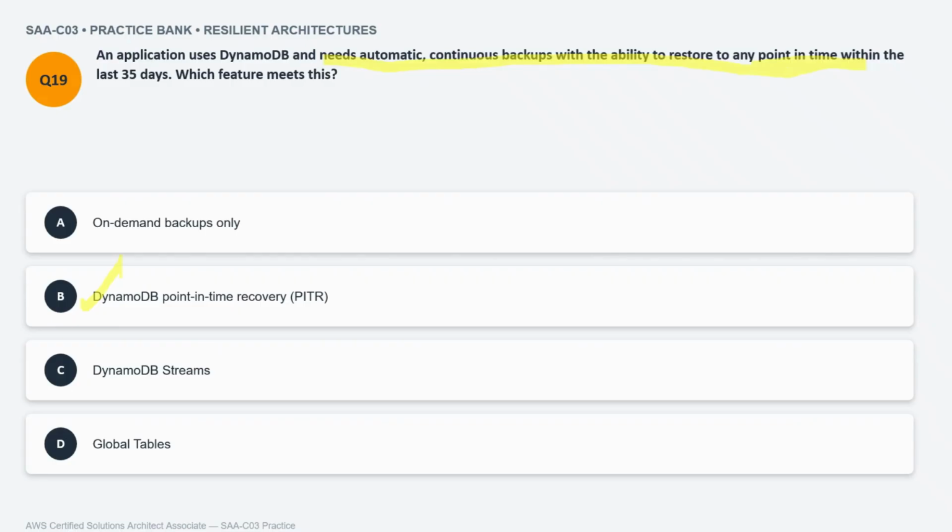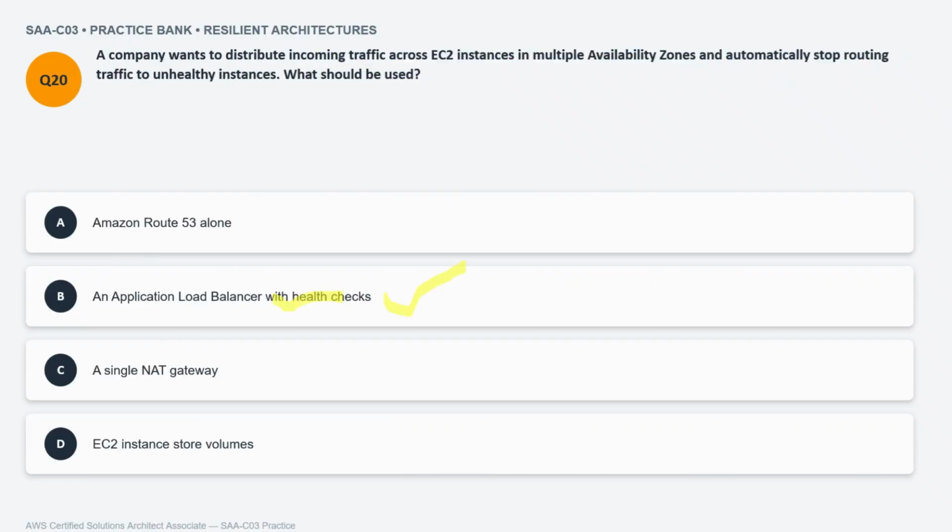So DynamoDB continuously backs up the table data and allows restoring to any second in the preceding 35 days without impacting performance. Okay, Application Load Balancer with health checks will be the right answer. Let's meet in the next